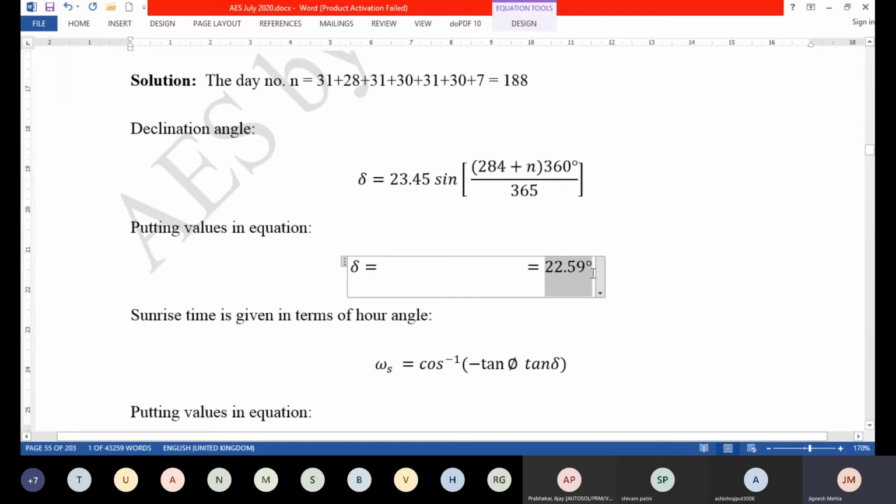Both of them are close. So 22.5 and 22.59, then the multiplication of those two and finding cos inverse of that would give you our angle. You can write that in the chat box. Only the first person will get the credit.